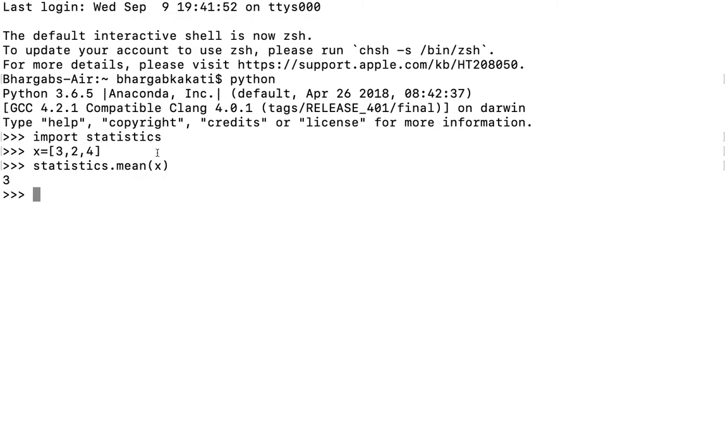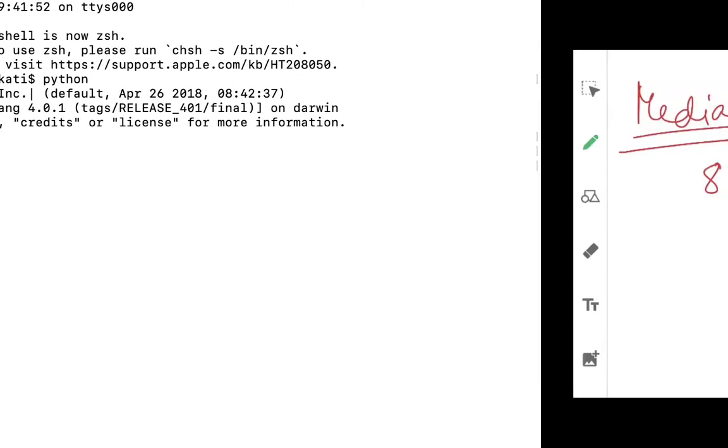See, the statistics module is already imported. If you import a module once for the entire session, that module will be available for you to use. So if I write here statistics, at first I need to define it. Let's say x equals to,